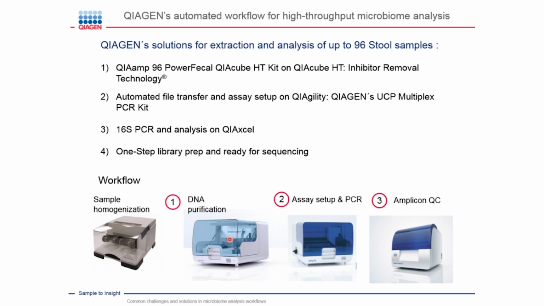You put the export sheet from the QIAcube HT to the QIAgility and directly have your sample list. So it will know directly in which position is which sample, set up the PCR, and in the end you get a report. And with this report, you know my stool sample from this patient is at position A1. After the PCR, you can use your plate and put it directly in the QIAxcel, which is a capillary